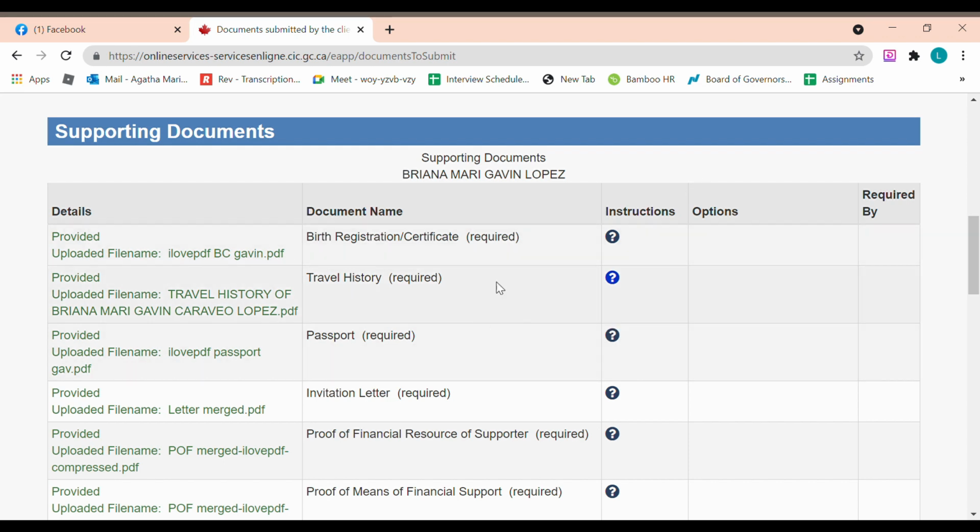And I also did include a little note here. For example, if you really don't have much of a travel history outside of Canada, you can position yourself as someone who wants to explore the country first. So that's why you don't have a lot of international travels, but you can provide domestic travels. I also included pictures of Gavin and our family outside of Canada. For example, we went to Hong Kong, Singapore, so Disneyland.